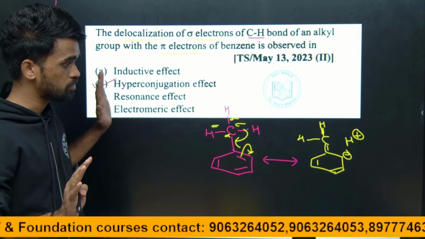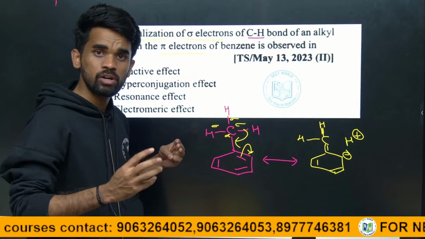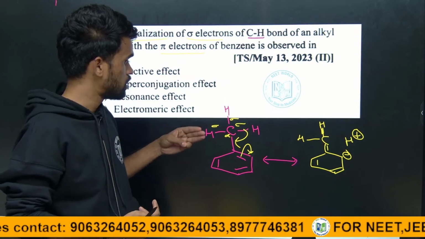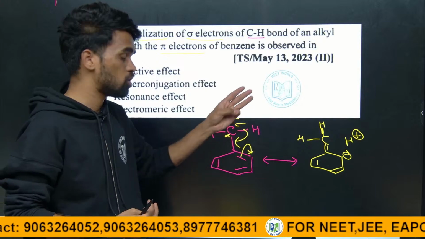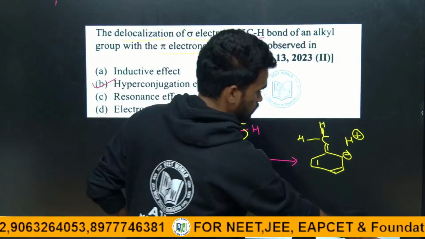I hope it is clear. So how many hyperconjugative hydrogens are there here? 3 alpha hydrogens, so 3 hyperconjugative resonating forms are possible for this. I hope it is clear. Next,